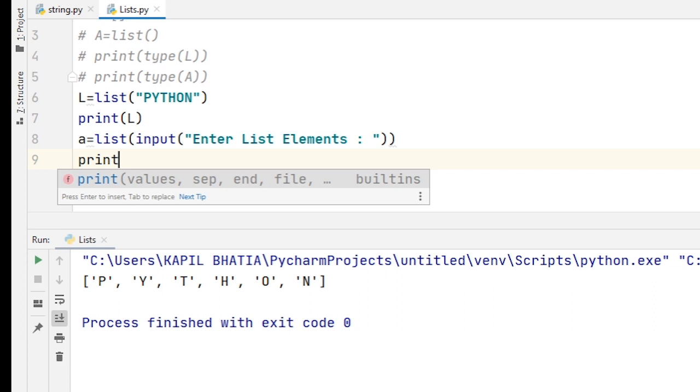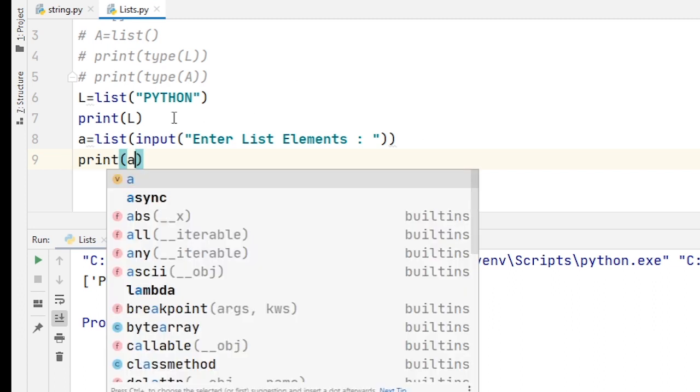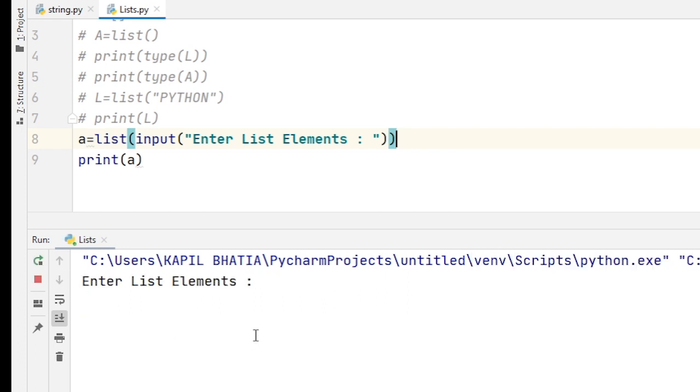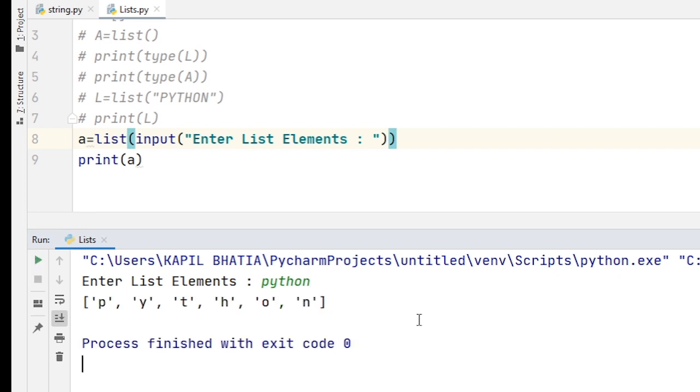Then after that I print the value of A. When I run this code, here you can see the list items are python.